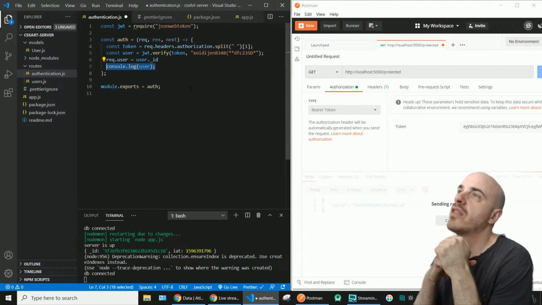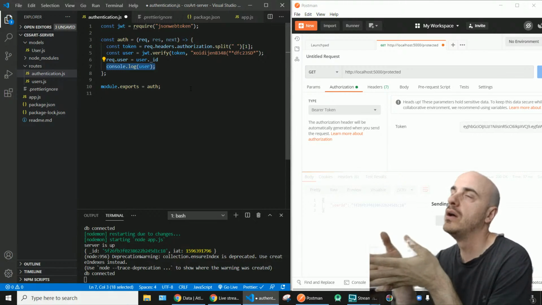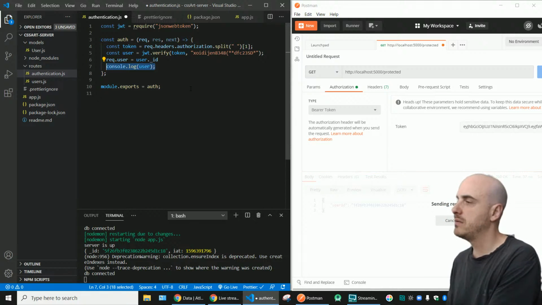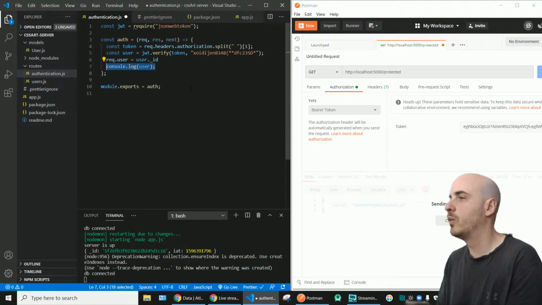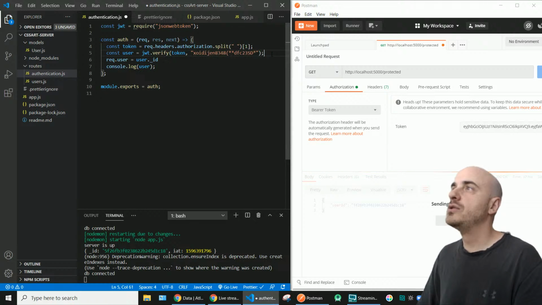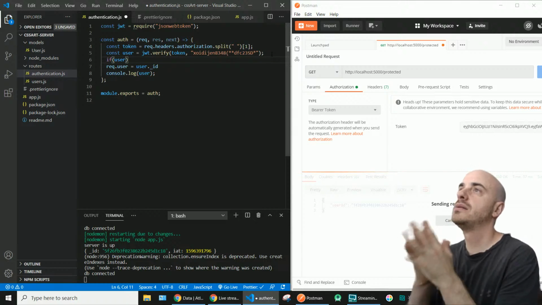And then in our auth, we don't actually respond to the client at all, because that would kill the whole chain. And our only goal here was to get a req.user to be matching that user ID. If, however, this user object came back and it failed,